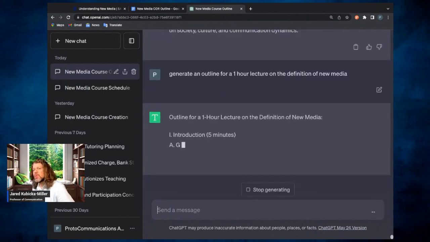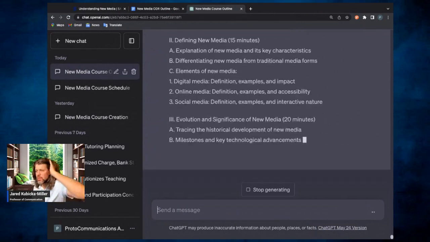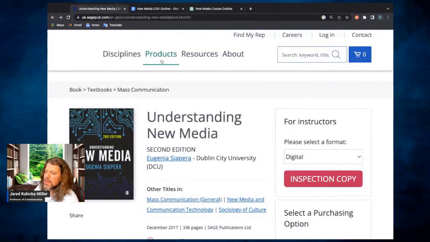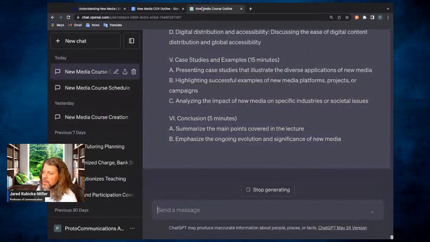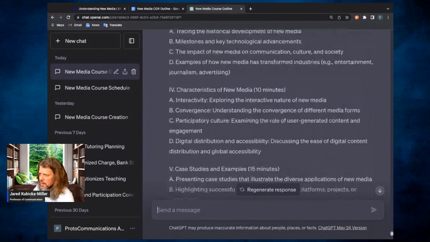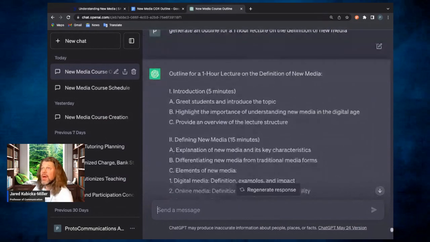I'm also going to be doing reading, like my copy of Understanding New Media is going to be part of that as well. But let's take a look here. I'm going to compare that with something like this.